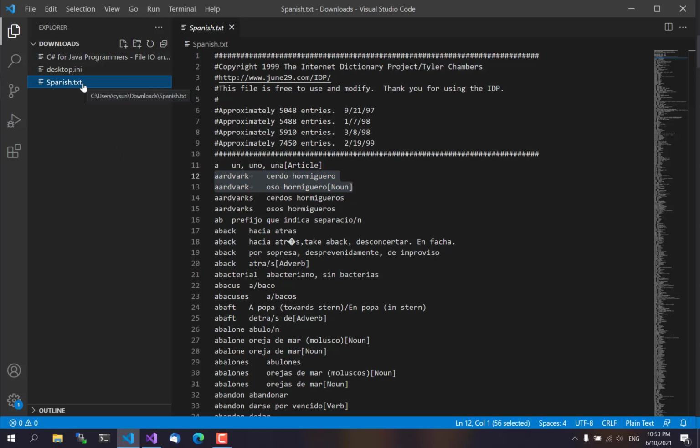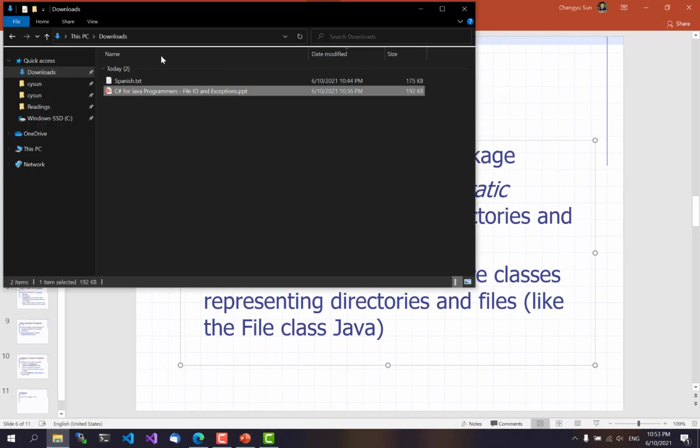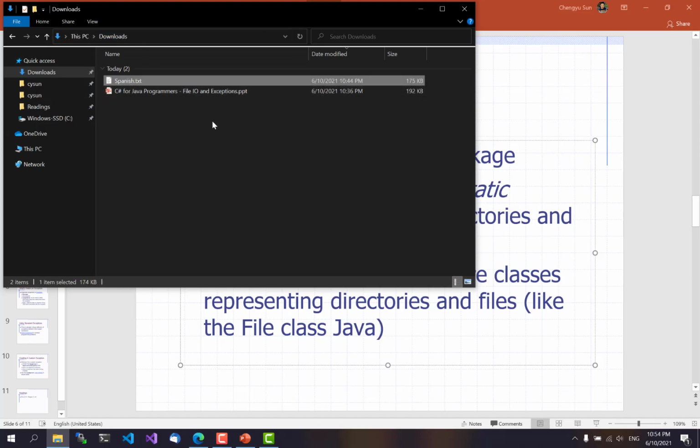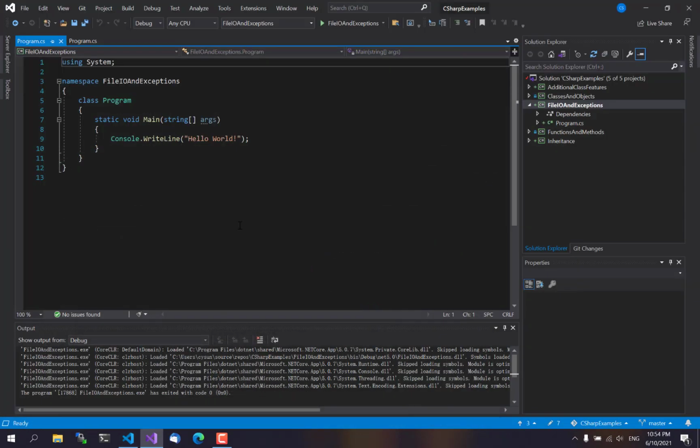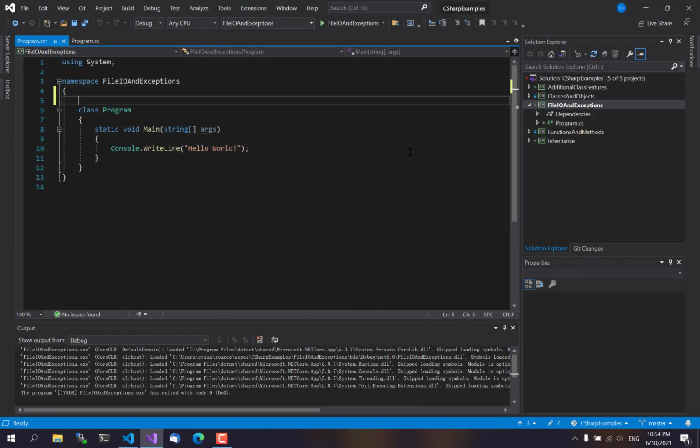So the dictionary file is under this folder. It should be under the C drive, Users, CY_Song, and Downloads folder, and the name of the file is Spanish with capital S dot txt. So then let's first create the class. We'll say class Translator,